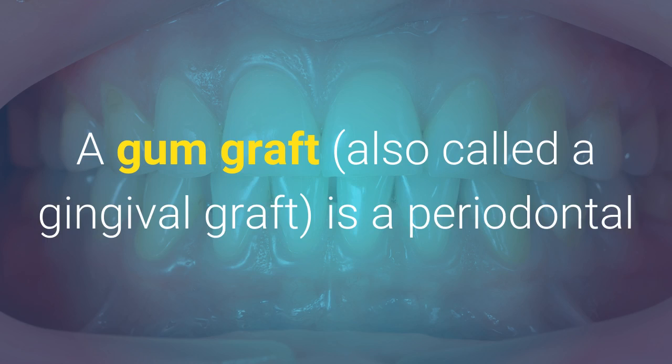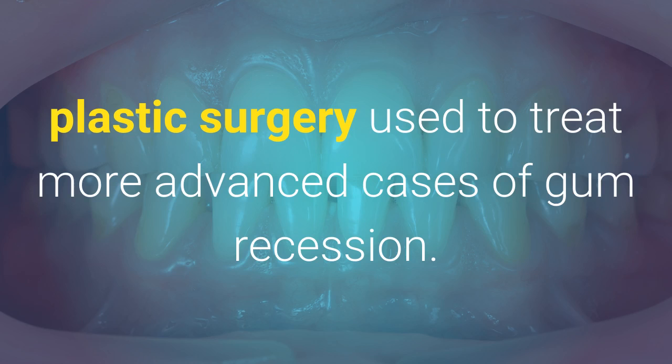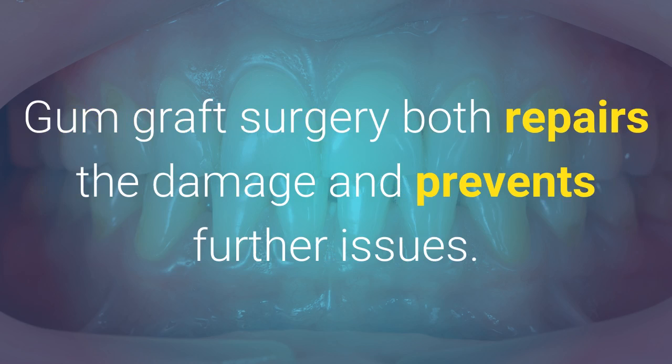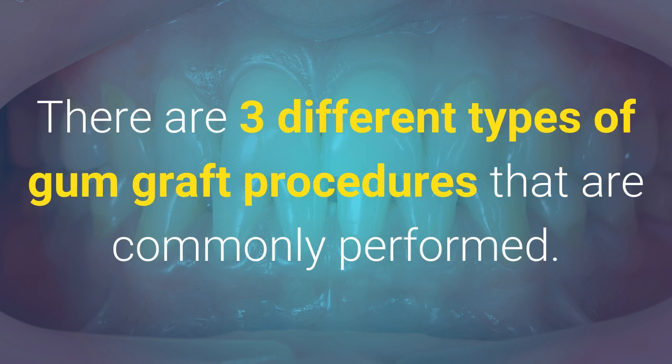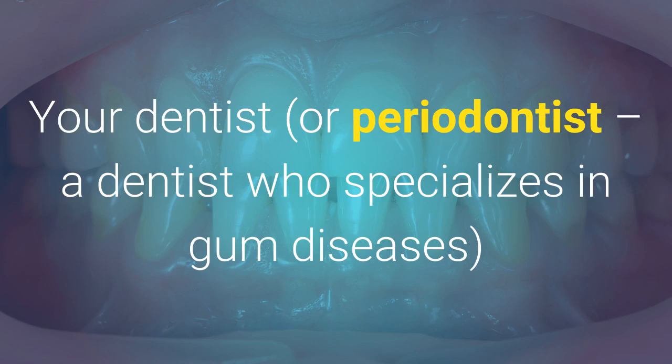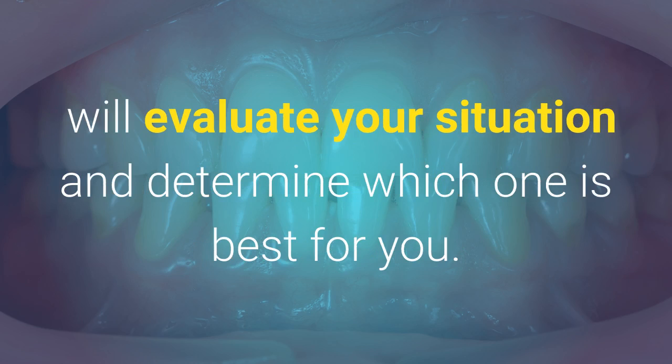cases. A gum graft, also called a gingival graft, is a periodontal plastic surgery used to treat more advanced cases of gum recession. Gum graft surgery both repairs the damage and prevents further issues. There are 3 different types of gum graft procedures that are commonly performed. Your dentist, or periodontist, a dentist who specializes in gum diseases, will evaluate your situation and determine which one is